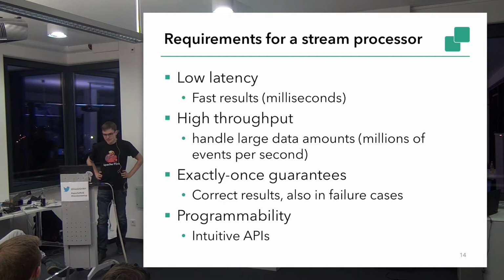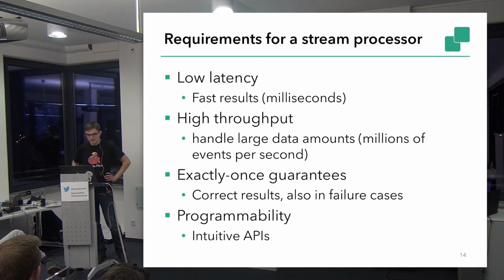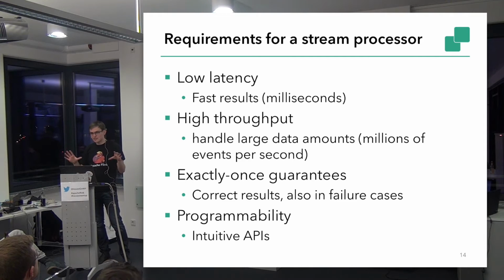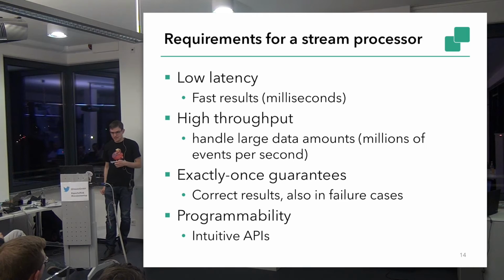The next requirement is correctness. So people want to have exactly once guarantees in streaming systems. Current systems like Storm only have at least once guarantees. With Flink you can actually get also exactly once guarantees. So this means that when some components of Flink fail while processing, we can restart them and we can reinitiate the state of your operators and so on, so that you don't see from the outside that something has happened in between.